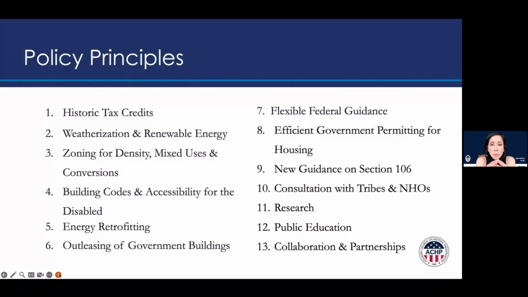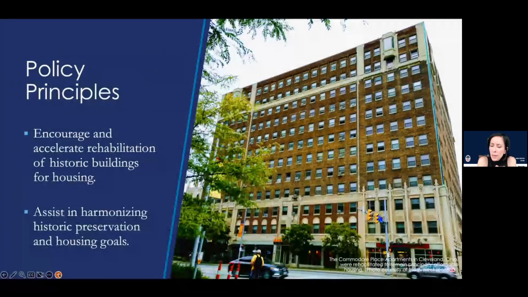We actually put private activity, the historic tax credits first, following through some maybe more technical areas, and including in number 9, section 106, and number 8, 9, actually 7, all those are about our federal permitting and federal statements about what preservation is, and then broadening back out towards the end. So I'm going to go over a few of these. And I'm going to start with this one, which is just across the board.